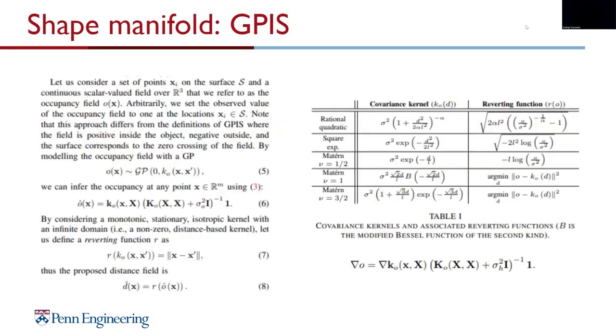So why is the resolution...? Okay, so this GPIS means the Gaussian process implicit signed distance function. This paper does not actually deal with the signed distance function; it just deals with the unsigned distance function. But I will just talk about this because it has good results compared to other Gaussian process implicit signed distance